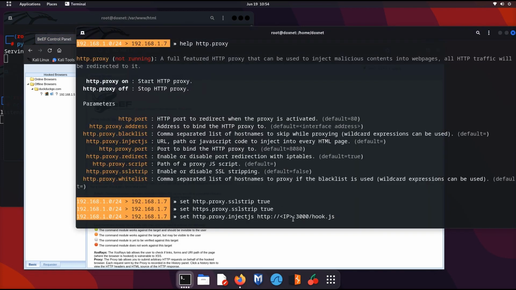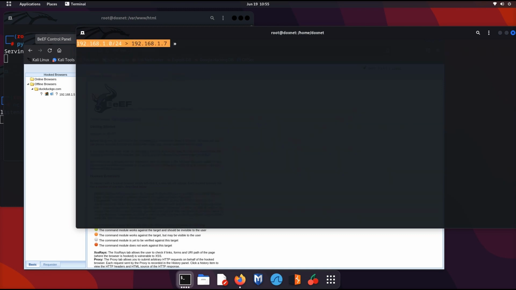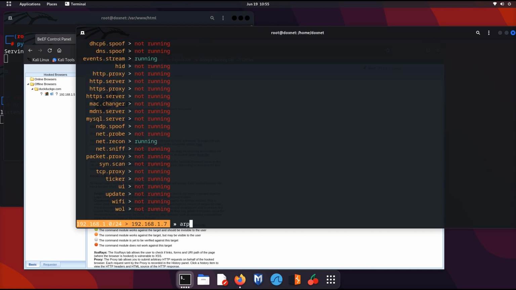And then you will need to also write the address of your private IP, which is the malicious code which is embedded in our website. It's the same link, and then we will also set it up for HTTPS, so the victim will also get injected in this way. And then we just write clear, and next we will also set up net.sniff, but first of all we will turn on ARP.spoof on,